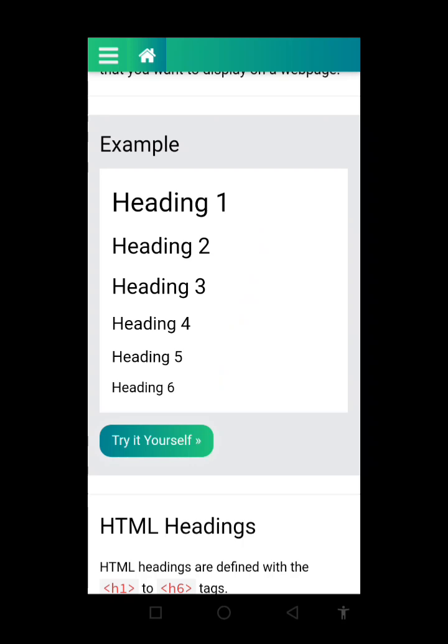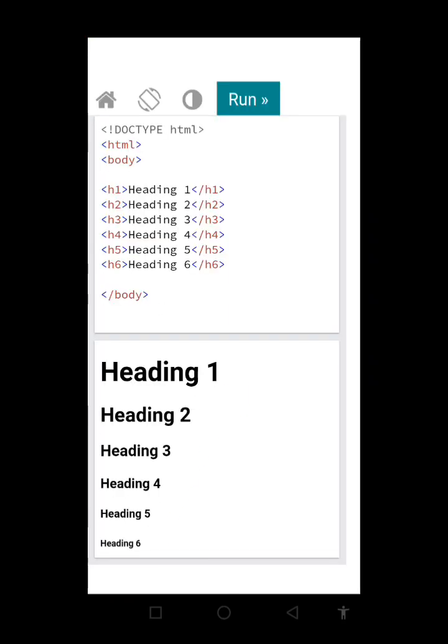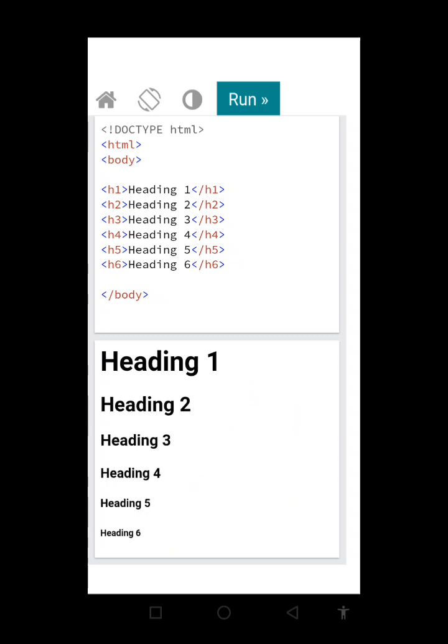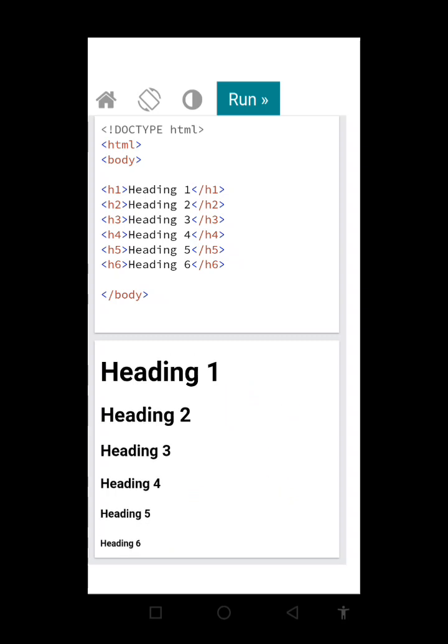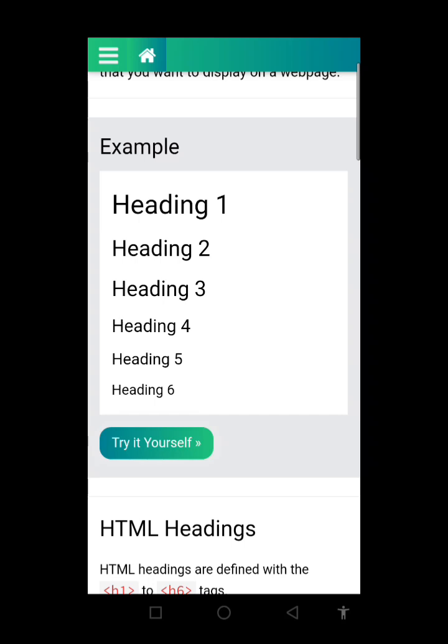I believe we have discussed briefly the importance of headings on a website. We also discussed the fonts, the difference between heading 1, heading 2, heading 3, 4, 5, and 6. So let me show you a sample of what it looks like. We have seen something like this before in our previous class, so we don't need to waste much time on that. Let's go back